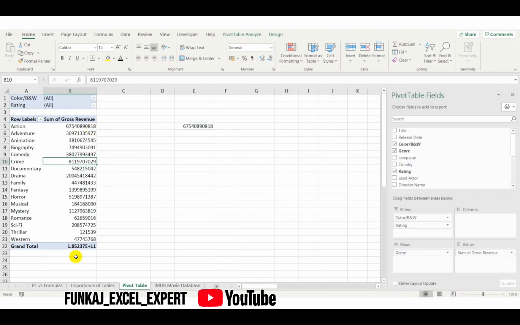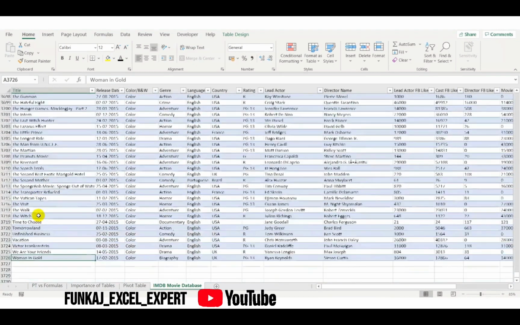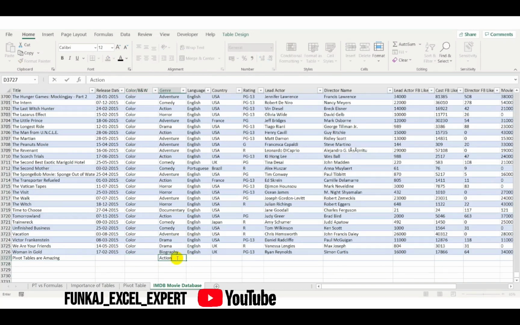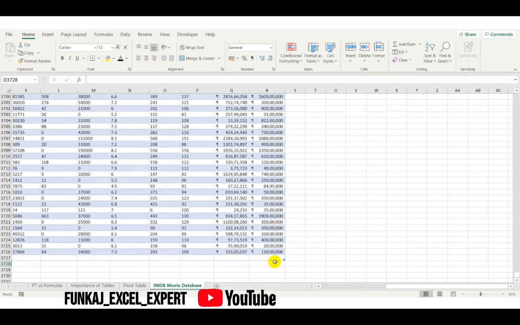What I will do is go back to my IMDb table, go to the last row and add a value at the bottom. Let's say I add a new movie called Pivot Tables Are Amazing. That's the movie name. And let's say we have the genre as action. Hit enter and notice how my table has automatically expanded, including the new row that we